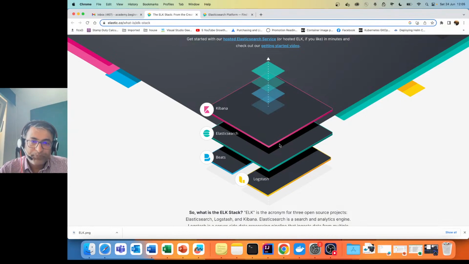That is the L. K is Kibana. Kibana is a front end. You will get errors in your application, and you need to read them out. There can be a null pointer exception, there can be an out of memory exception,